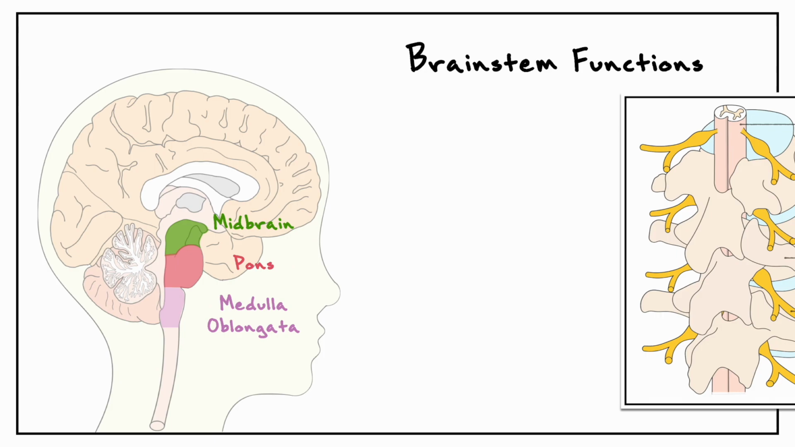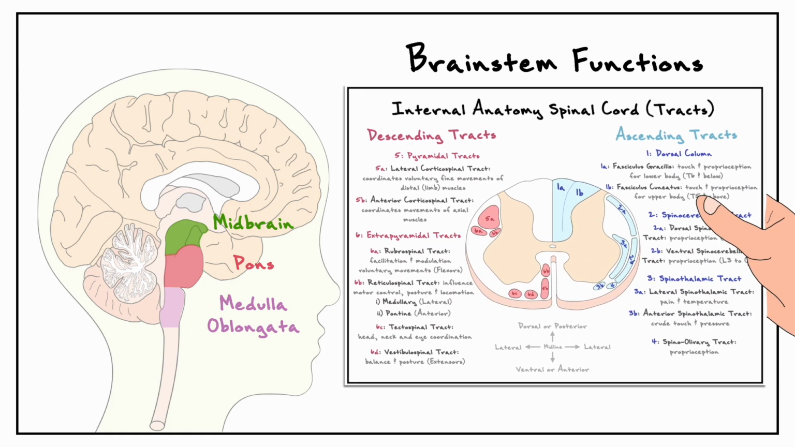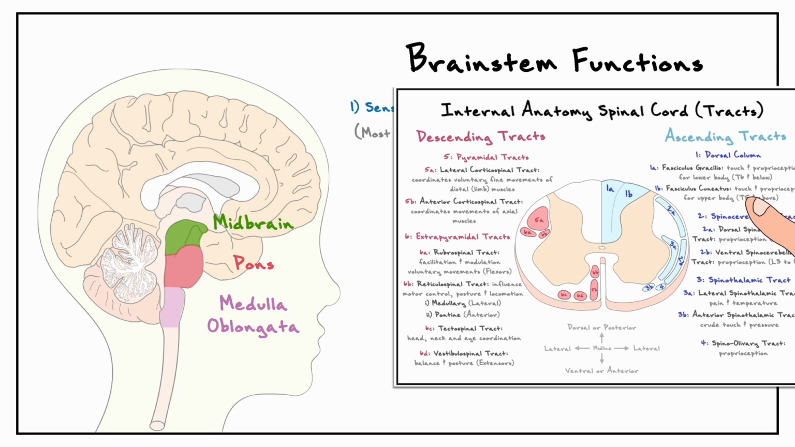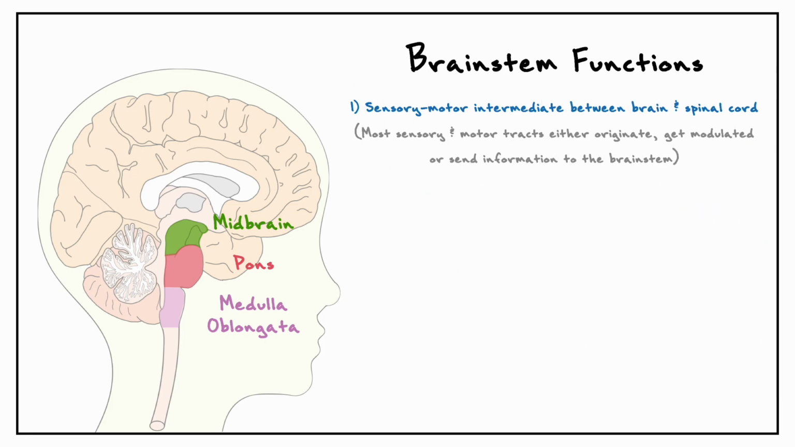Nonetheless, much of the sensory information that the spinal cord received from the body left the spinal cord through ascending tracts that reached upstream structures like the brainstem and the brain. When it came to motor information coming from the descending tracts, these tracts originated in structures coming from the brainstem or the brain. For that reason, we can say that one of the functions of the brainstem is being a sensory motor intermediate between the brain and the spinal cord,